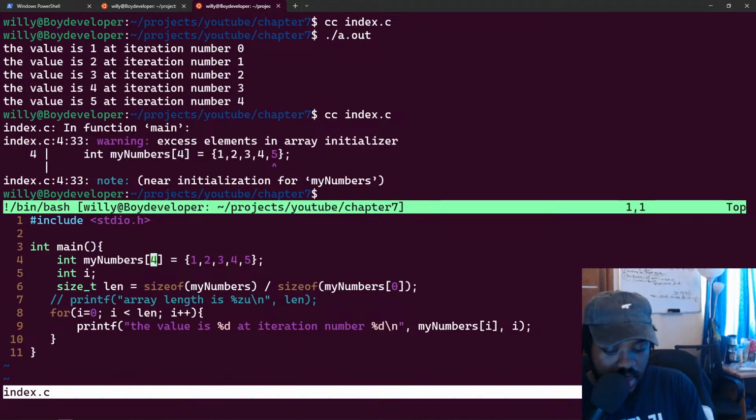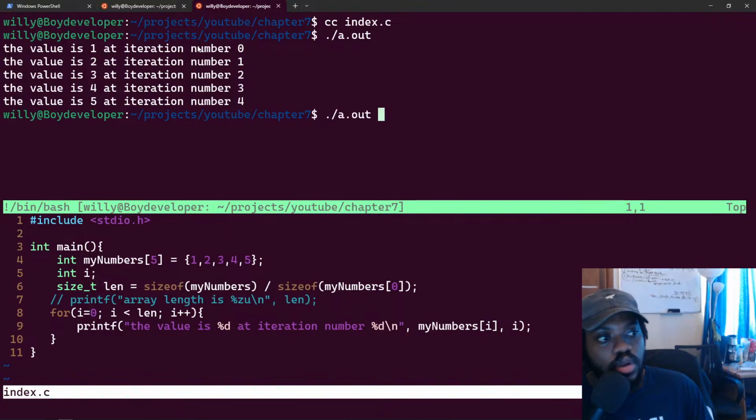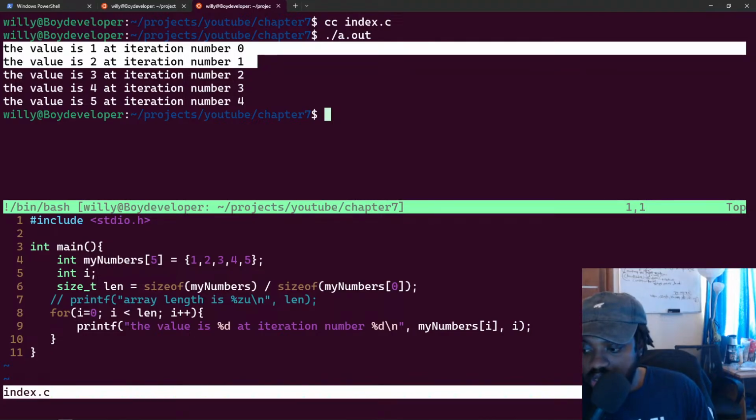So we can come back here and change this to 5. Okay, and let's write this and go back up, clear, compile the code and run again. Now you can see the compilation was successful. We didn't have an error, and when we print this, you'll see we'll have all the expected output shown on the screen. All right,